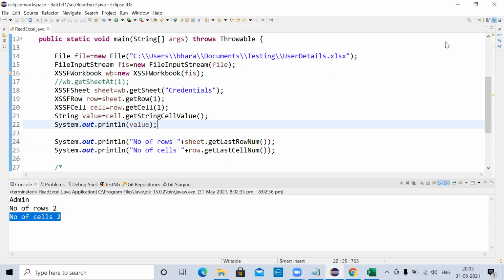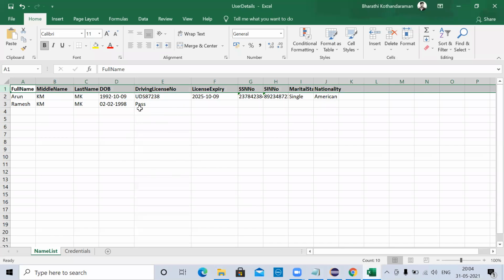Okay, as I told you, if it is a configuration file, the data should be very minimal. You have to put very minimal data into the configuration file, whatever can be stored as a key value pair, and whatever attributes can be parameterized or kept as a configured parameter, that can be kept under a property file. If it is a huge amount of data, like user details, user information, account information, customer information, where the data length is big, then definitely you should use a workbook like this, like an Excel sheet.